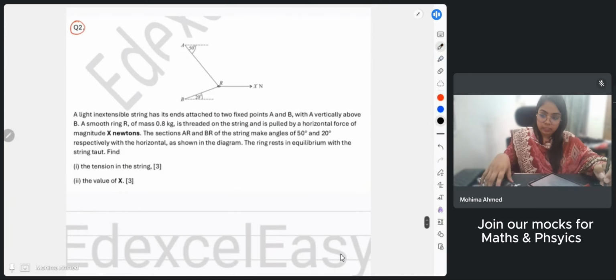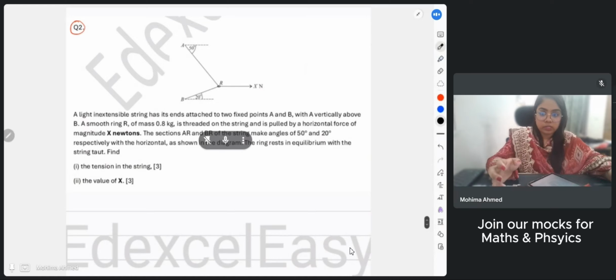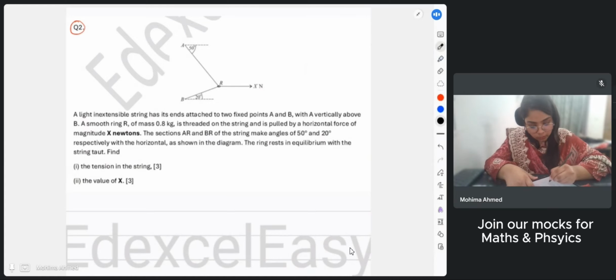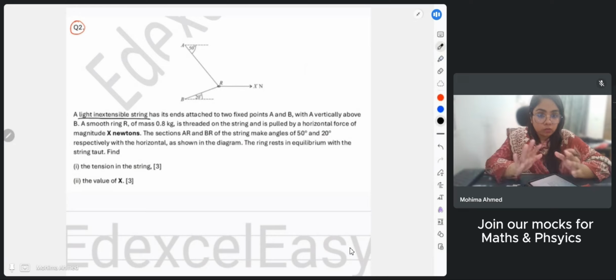Okay, this is your second question. This is, I think, about components and angle creating. It says that a light inextensible string. Always remember that light inextensible string indicates that overall the string does not have any weight, and inextensible means that tension along all the way, throughout this entire length of the string, is going